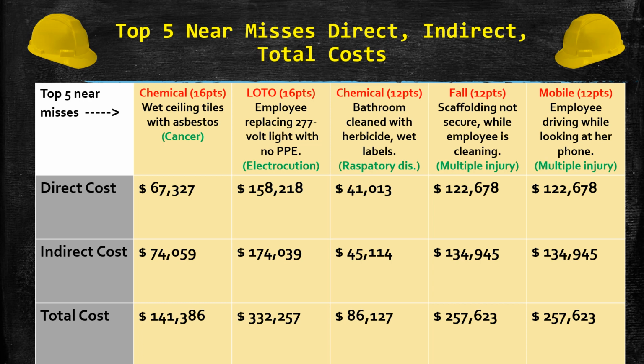Its direct cost is $67,327. The indirect is $74,059, and the total cost is $141,386. Lockout tagout scored 16 on the HIRA. Employee replacing the 277 volt light with no PPE, and the current is live still. Could be prone to huge electrocutions, so his direct cost is $158,218. Indirect is $174,039, and totally it's